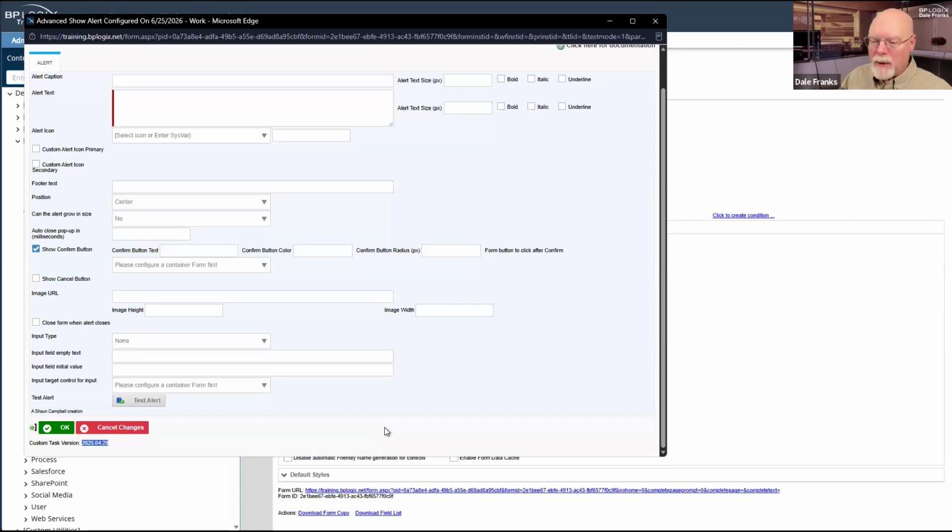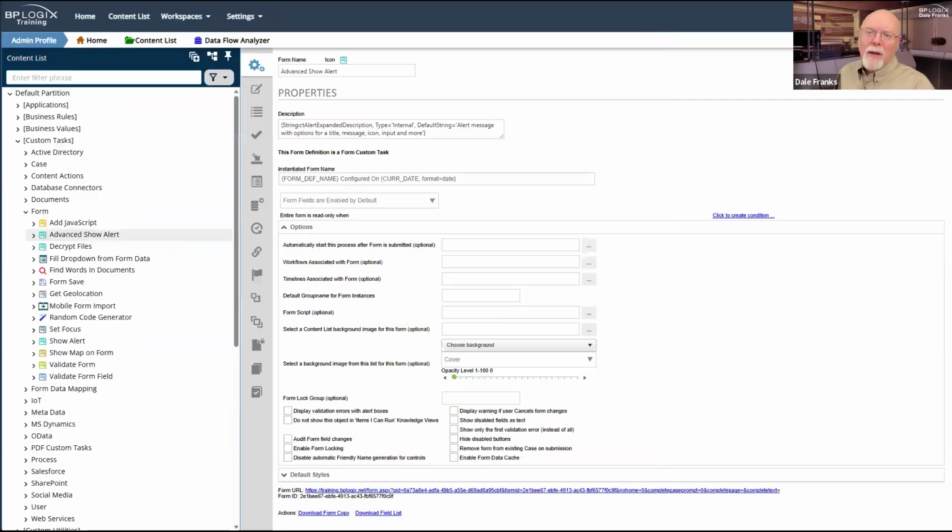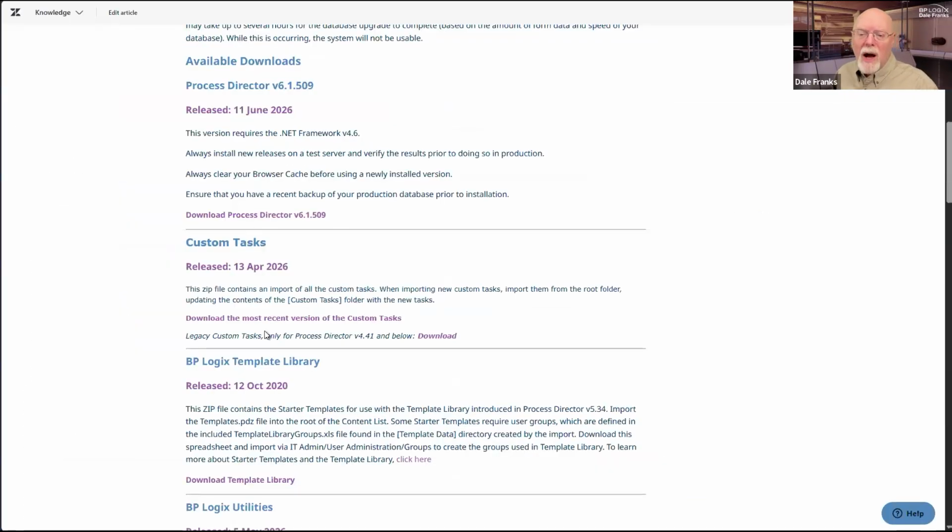You have to actually open the custom task, scroll all the way to the bottom of that specific custom task, and let me know what version you're on, and that will let me know whether you have the current version or whether you have a deprecated version. The other thing to remember is that on this downloads page, we're giving you the entire custom task package when you download it. So there is no version of the custom tasks. There's our custom task package, and each custom task is individually versioned.